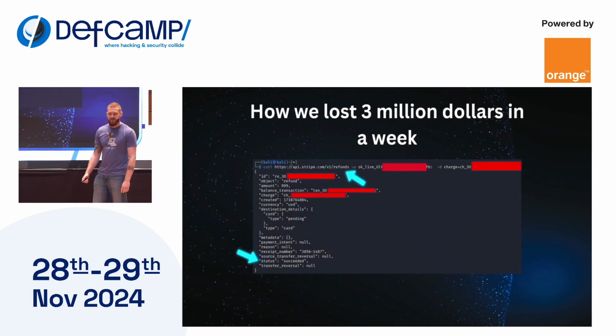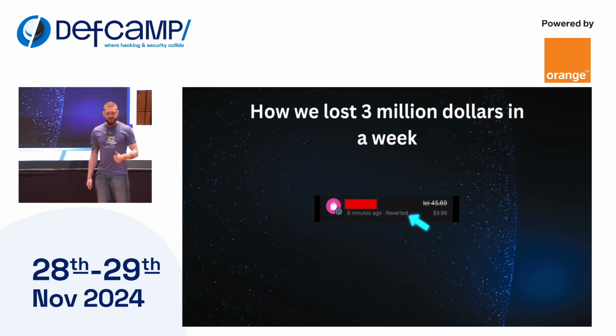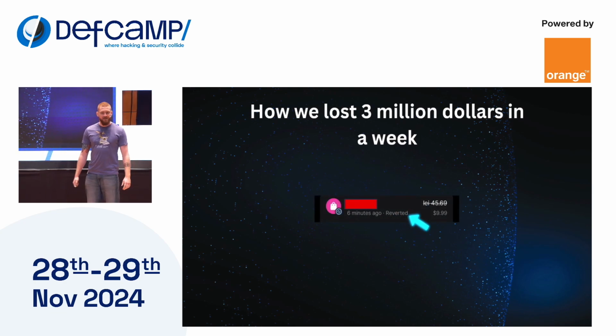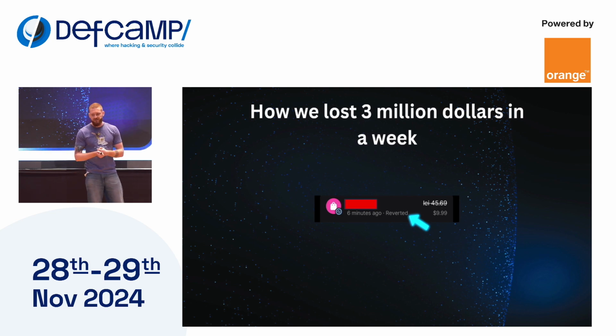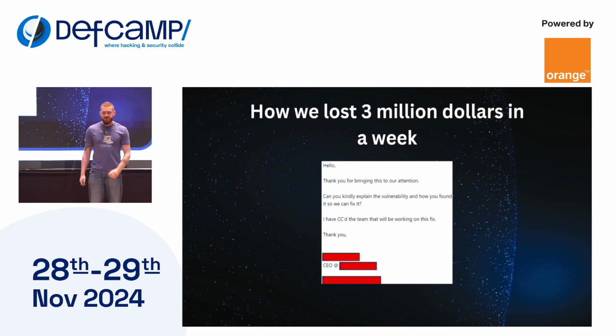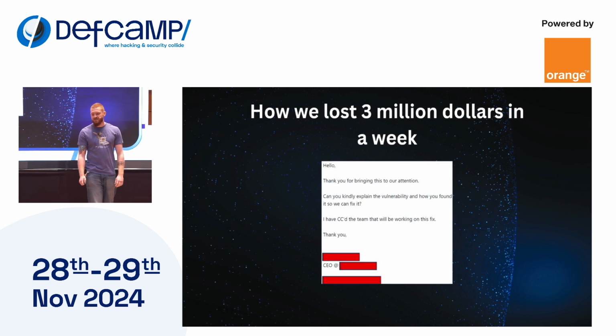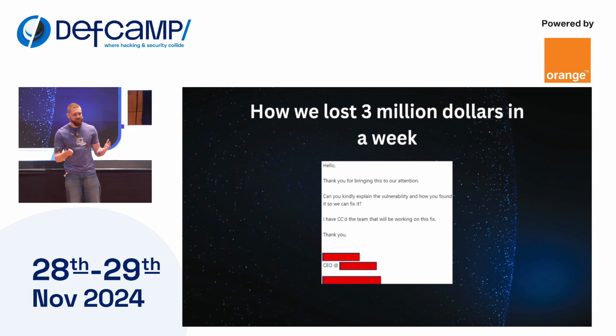And guess what? Going into the bank account, the refund worked, it was successful. And we still had access to the service, despite the refund. So now, knowing that we can actually talk about money, we dug a bit into the company, we found the CEO's email, wrote to the CEO, and the CEO said, well, thank you for bringing this to our attention. Can you kindly explain this vulnerability further? And also CC'd the CTO, who, guess what, was the person who we've initially emailed anyway.